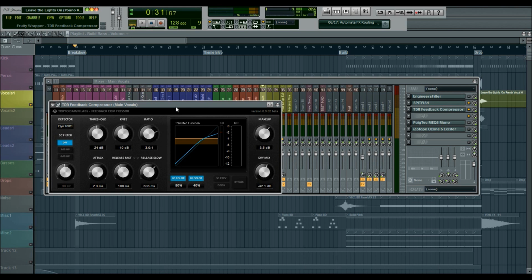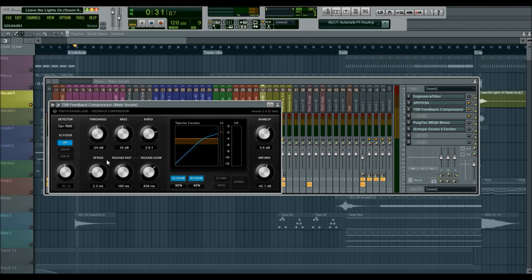Sometimes you can experiment with different knees, and sometimes there's vocals with a certain dynamic range that you are aiming for with the compression. Sometimes there's just something you might experiment with, and you might find that one knee sounds better than another, but it just takes a little bit of experimenting to find a good knee for your compression. But that's not the most important part. Most important part is obviously your ratio and threshold, and that you find a good release and attack time.